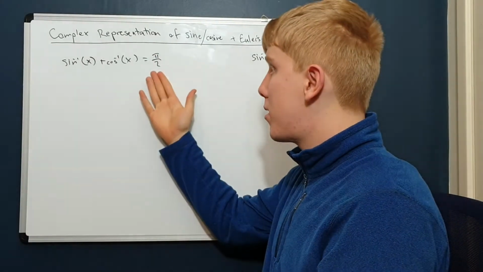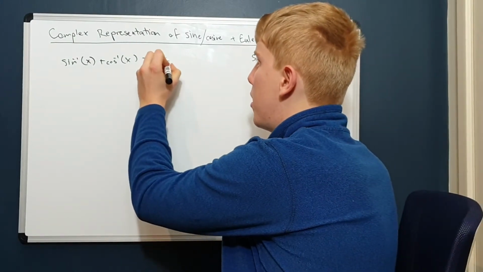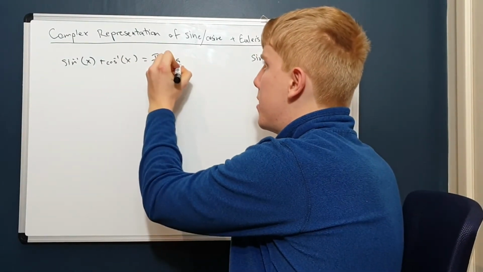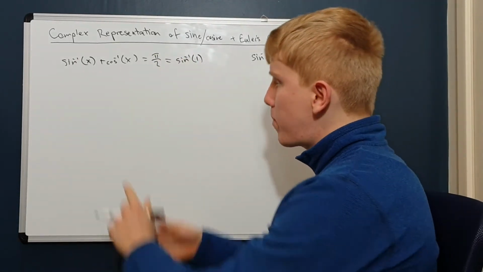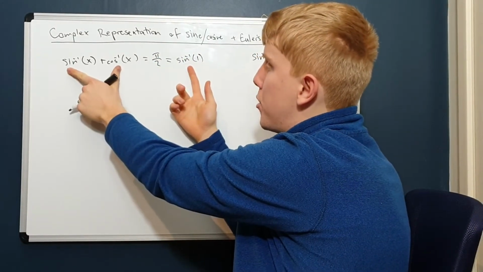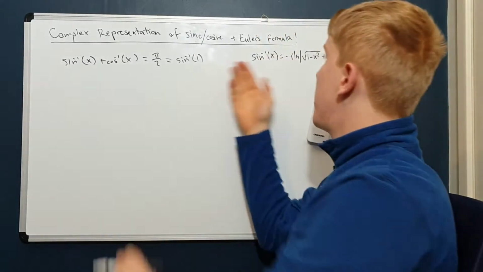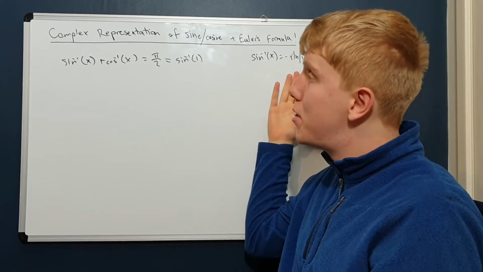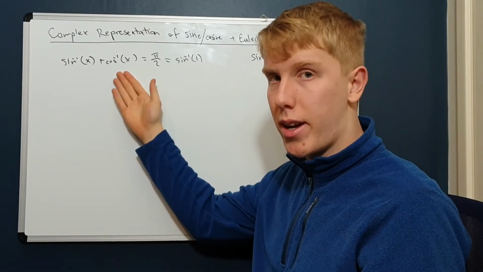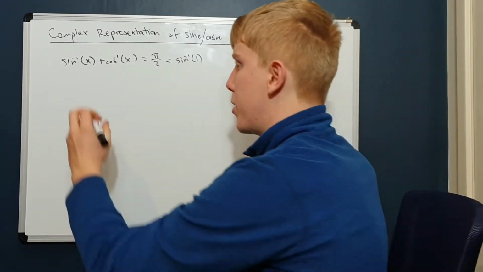But the key thing to note here is that pi on 2, another way we can write that is the inverse sine of 1. So here we have an equation with 3 terms, 2 of which are expressed in terms of the inverse sine function, and we already have an expression for that. So all we need to do is rearrange for the inverse cosine of x, and then we will have our expression. Namely,